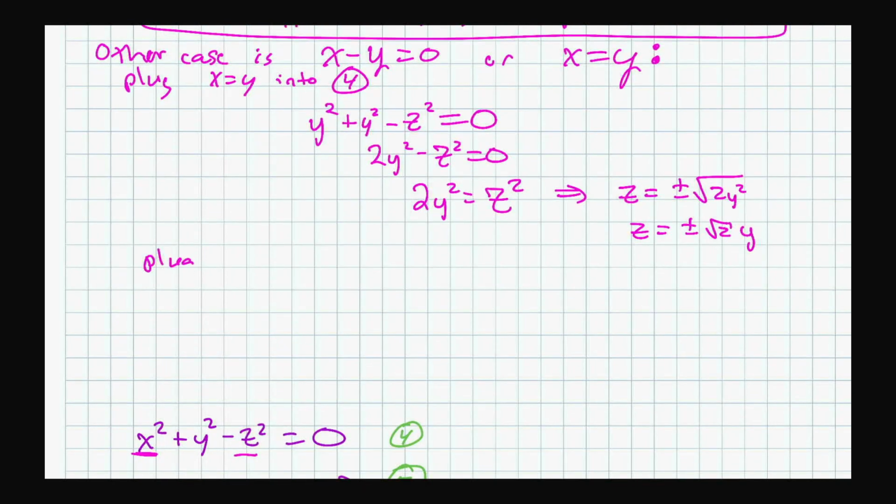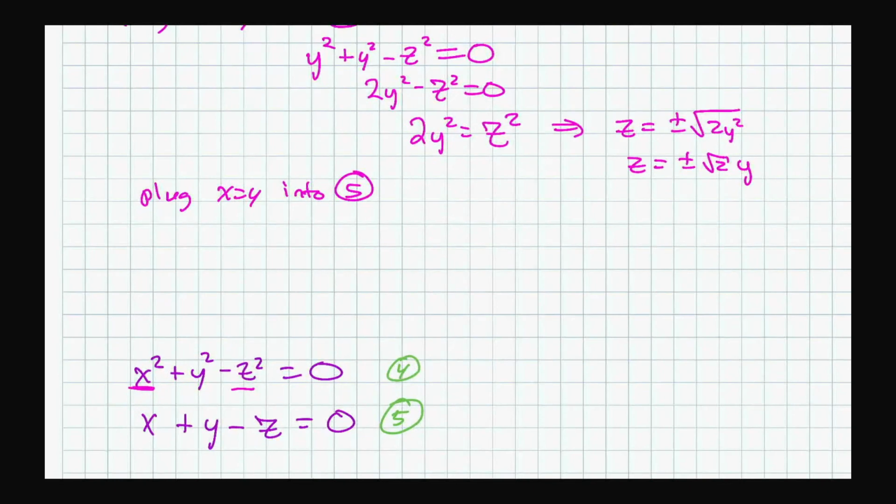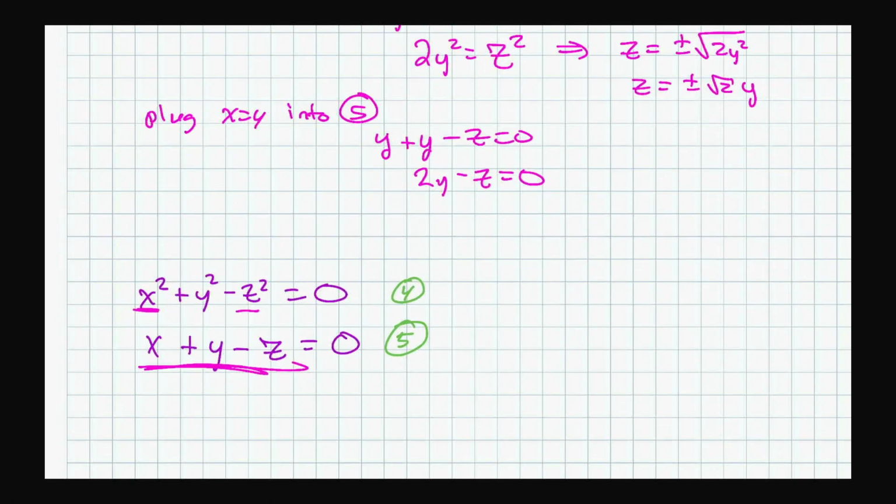Let's also plug x equals y into equation 5, and maybe something good will happen. So equation 5 is down here. So we're replacing x with y. We get y plus y minus z equals 0. So you get 2y minus z equals 0. Moving the z over, you get z equals 2y. Now, when I get z equals 2y,